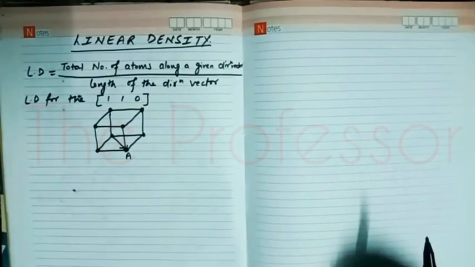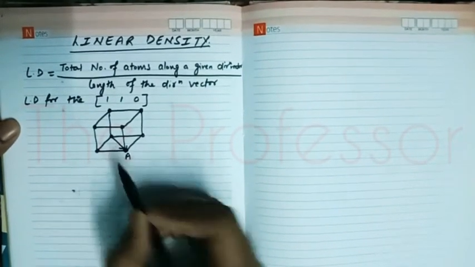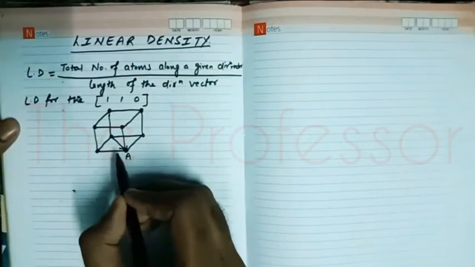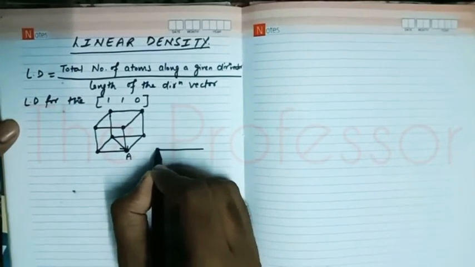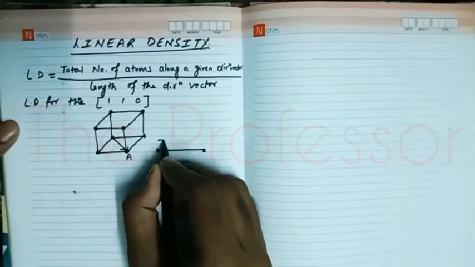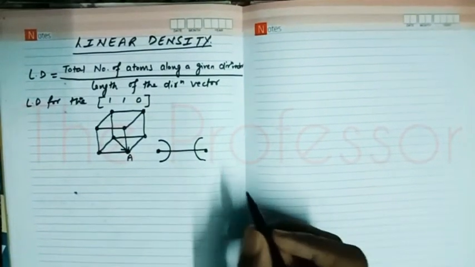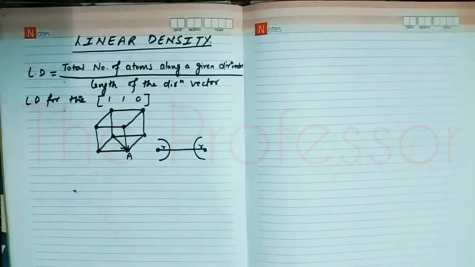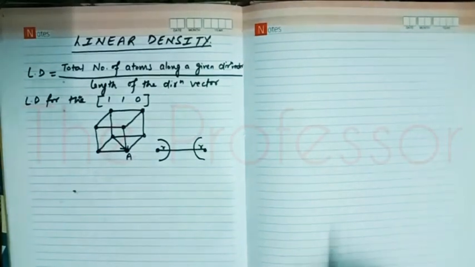We know that we have one atom here at this corner and one atom here at this corner. If we look at this direction vector from the top, if we look at its top view, how will it look? It will look like this. This is one corner, this is the other corner, right? We have the top view of the atoms. This is R and this is also R, right? This is somewhat how it will look from the top view.